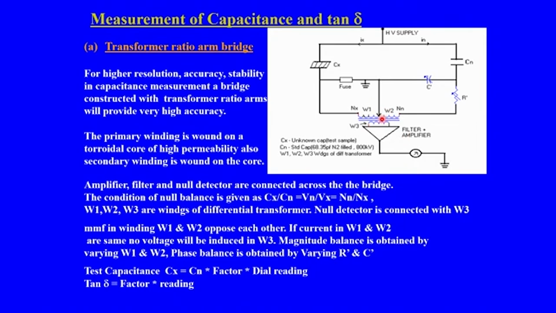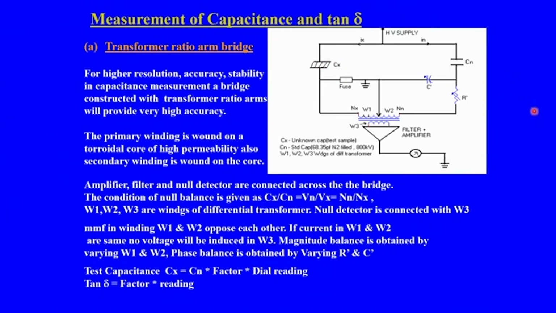and to obtain the phase balance, this could be made by varying the variable resistance and variable capacitance which are in the circuit. So, for phase balance, variation of R and C could be used, and for the magnitude balance we could use the W1 and W2 windings. So, the test capacitance, that is the unknown capacitance which is being connected and is to be found,